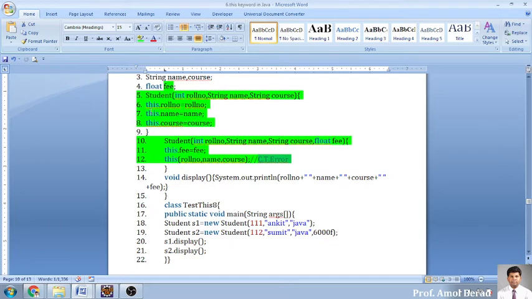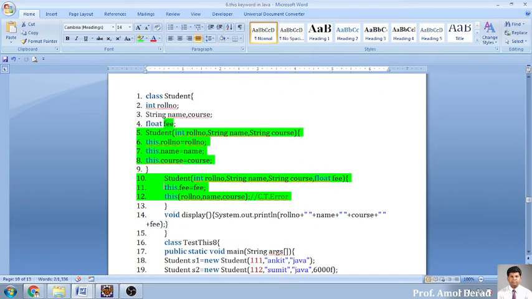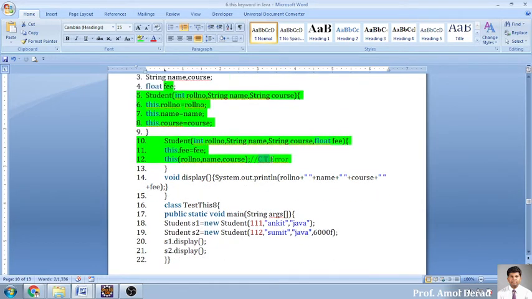Whenever you compile this program, the compile time error will be generated because what is expected is that this should be line number 11 rather than 12, and this should be line number 12. This function should be at the top. You are saying, sir, the this keyword is there, know about this one. ये आपने ऐसे कैसे बोल दिया? The rule says that if you are using this function, it should be the first statement of your constructor. आपके पास this भी है और आपके पास this function भी है, but this function should be line number 11 and this should be line number 12. Then only it will be working. Otherwise, it will be generating an error called a compile time error.